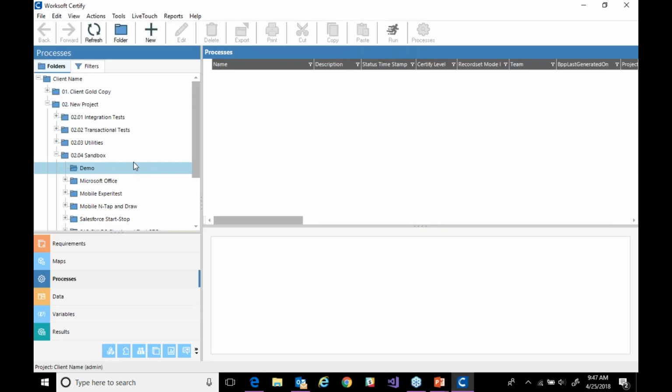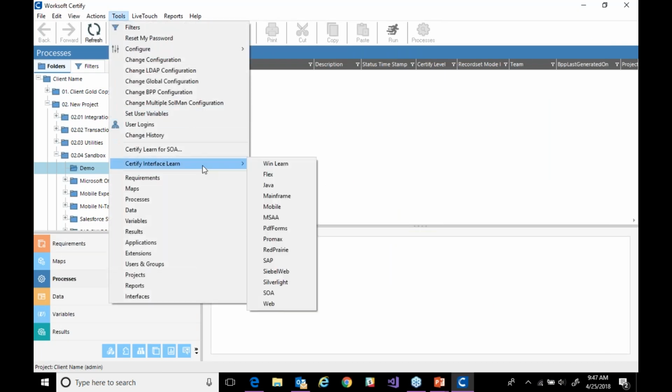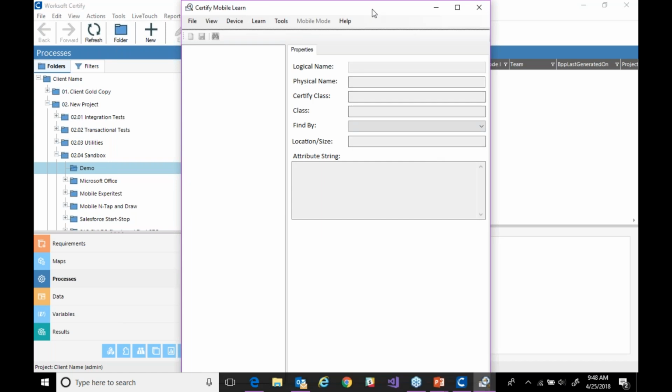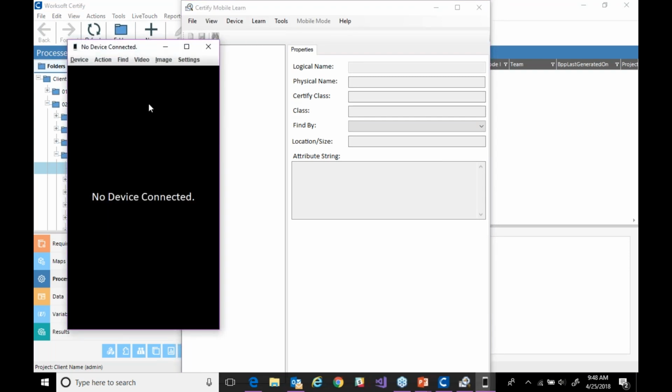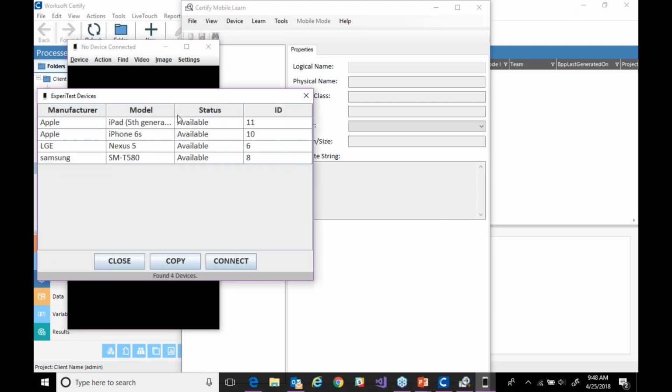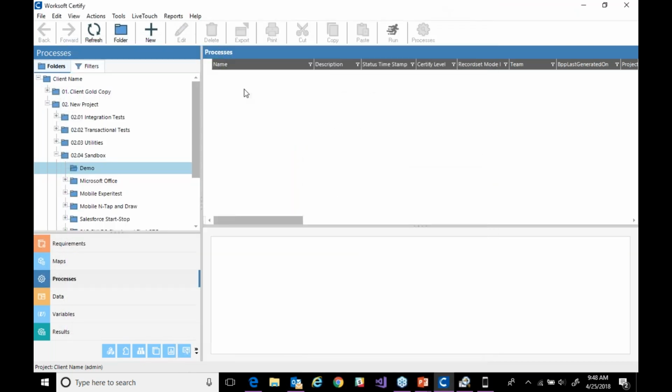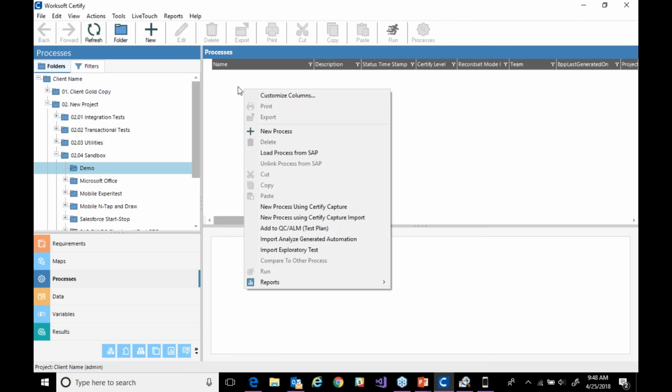So once that's all configured, I can just connect to that. So I can go into Interface Learn for mobile. And this allows me, just like with Mainframe Learn and all the other learns you've learned about today, to also learn and connect to mobile devices. So it basically gives you an ability to get into the device directly and start working with those devices. So we can see here those 4 devices that are plugged in and ready for me to connect to. And before I do that, let me show you going in and capturing a small test of an application